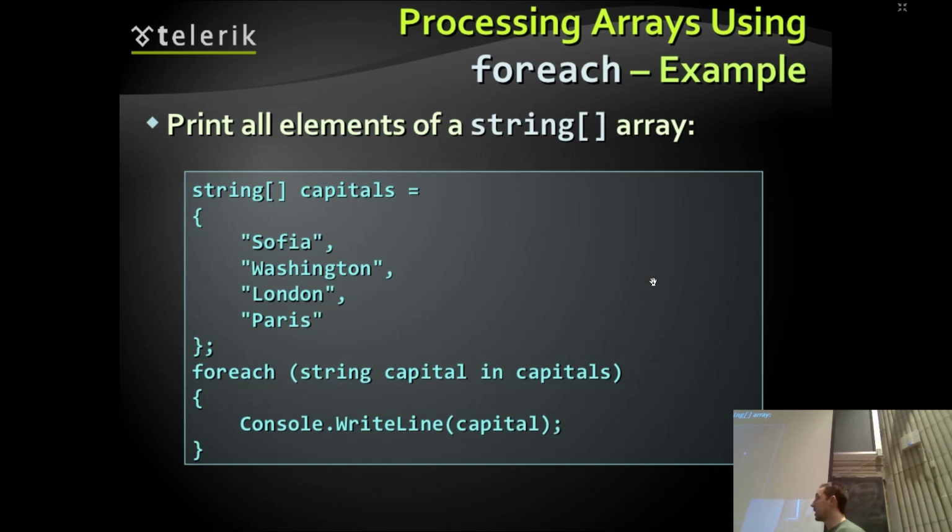So here is, we all know Sofia is the capital of Bulgaria. The capital of Burkina Faso is